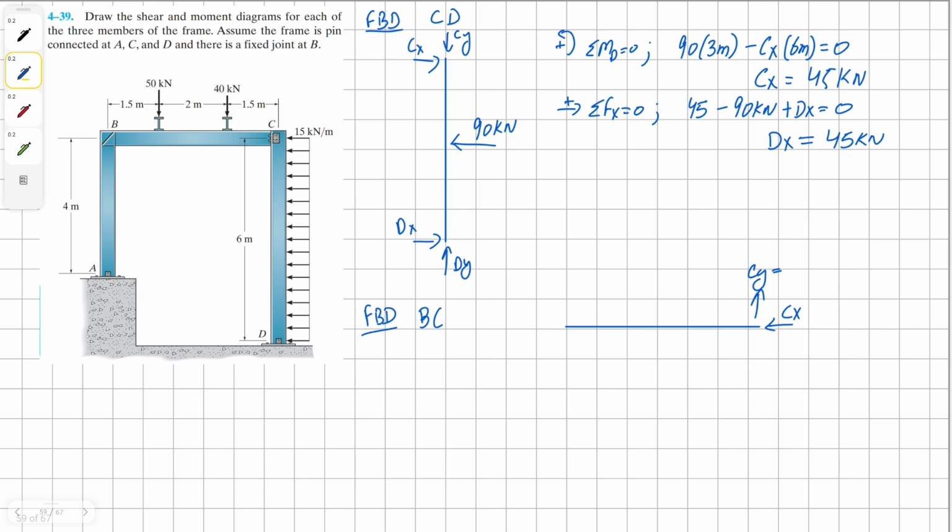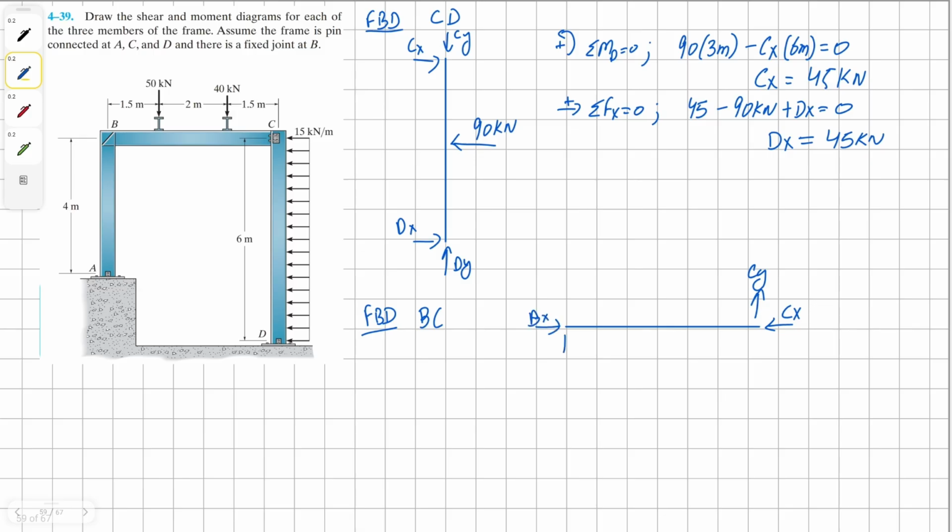However, we can't really solve for these because the influence at pin C and D is going to come from member BC. So first we have to solve for those before we could solve for our Cy and Cx. So we're going to hold on those two reaction forces for now, and we're going to continue at our member BC, where we have